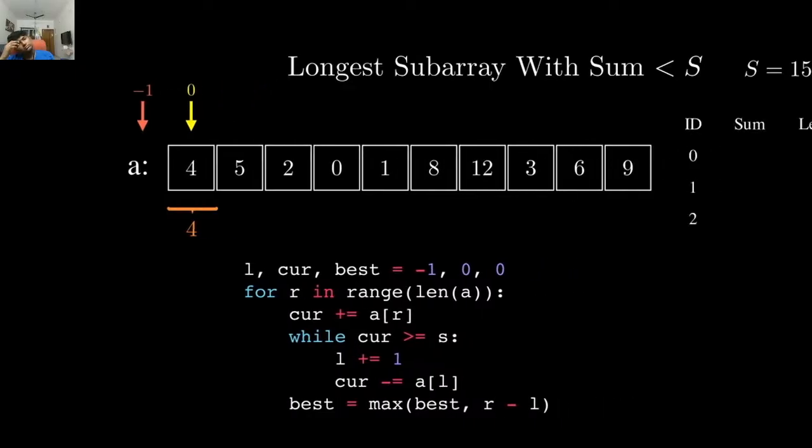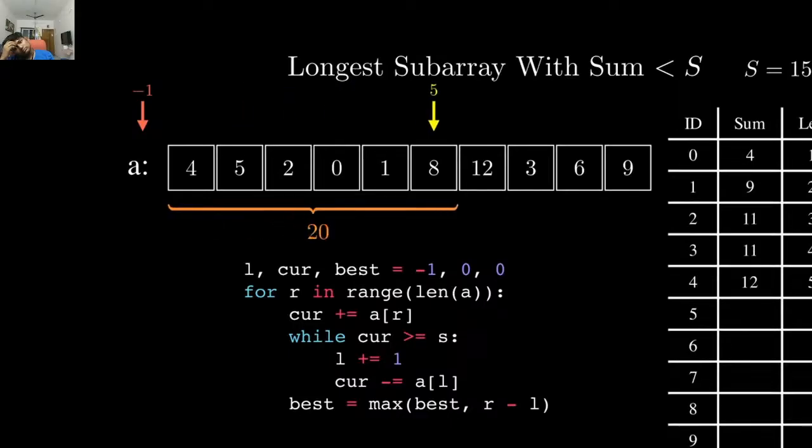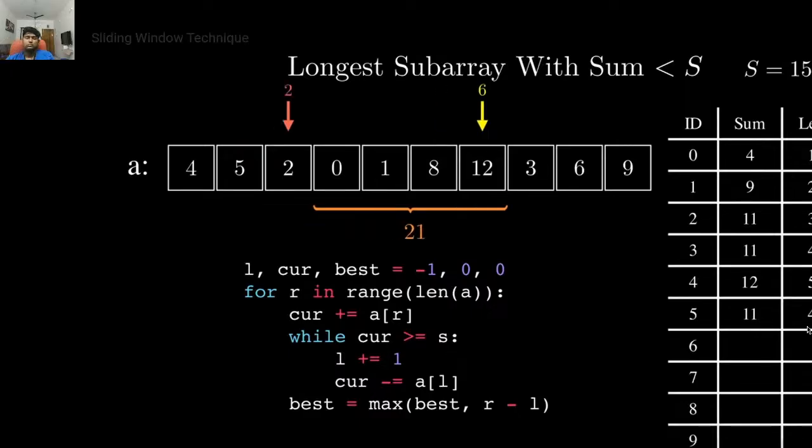So for our example, initially the current sum would be 4, then 9, then 11, then again 11, then 12, then 20, so we'll start adjusting the left pointer. The sum will turn 16 and then 11. After that, we'll update the right pointer again and the sum will become 23. So we'll adjust the left pointer and the sum will first